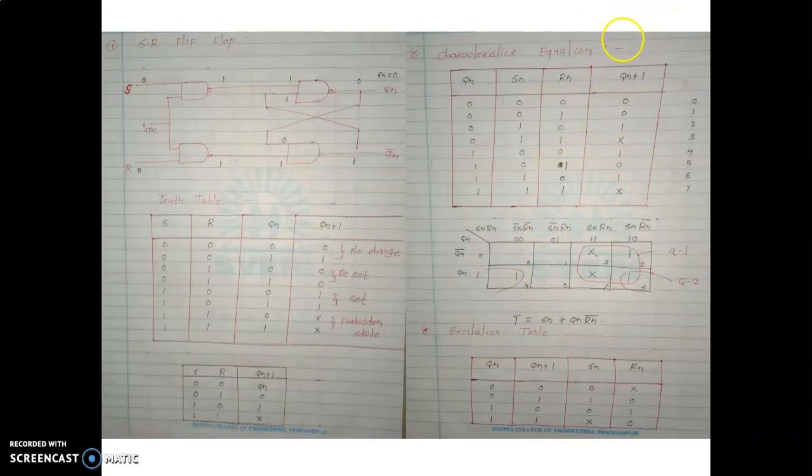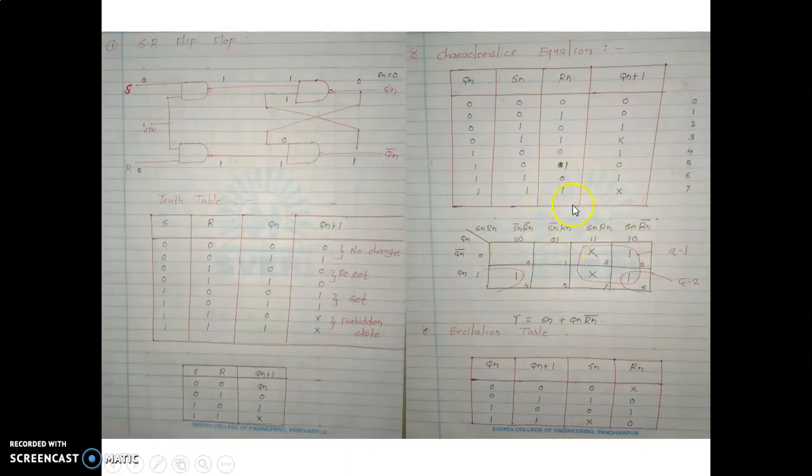For implementation of the characteristic equation, we have to consider the last column, that is the next state. In the last column we have various terms, and we have to write them from 0 to 7. It has Qn, Sn and Rn, 3 input variables. Depending on the 3 input variables, we can define our next state, that is Qn plus 1. So we have to write from 0 to 7 and we have to draw the standard structure of a 3 variable